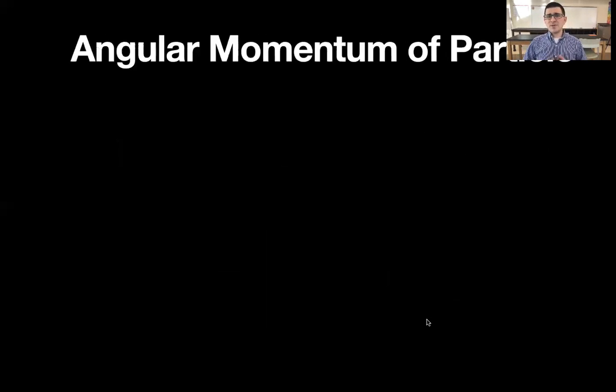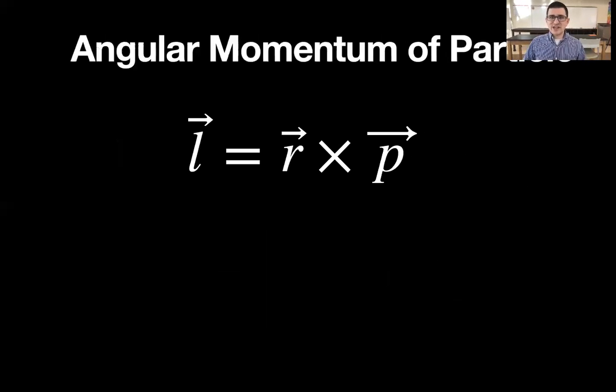So now let's talk about the angular momentum of a particle. Angular momentum is going to be represented by the symbol L, which is kind of annoying because we've also been using L to talk about length, but it is what it is. So L, the angular momentum of a particle, can be found by taking the position of that particle with respect to the axis of rotation and multiplying it by the linear momentum of that particle. So r, the distance from the axis of rotation, cross mv. The cross product there is important because we can then use the right-hand rule to tell us the direction